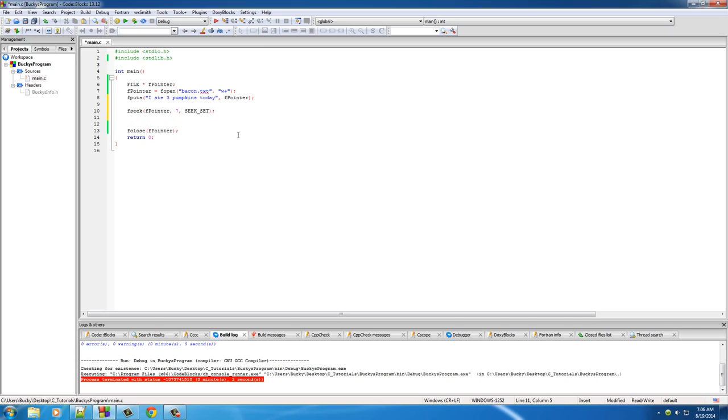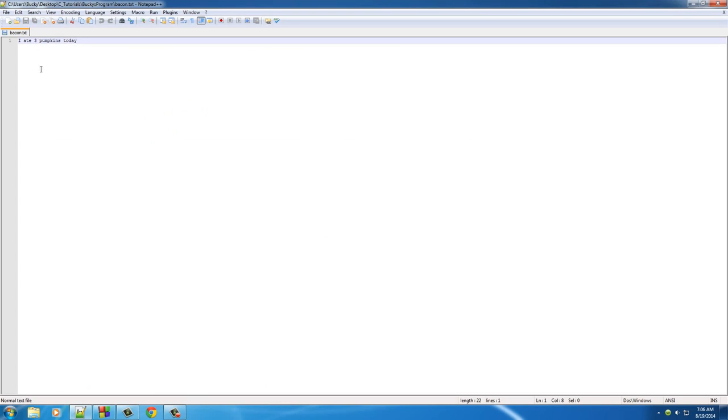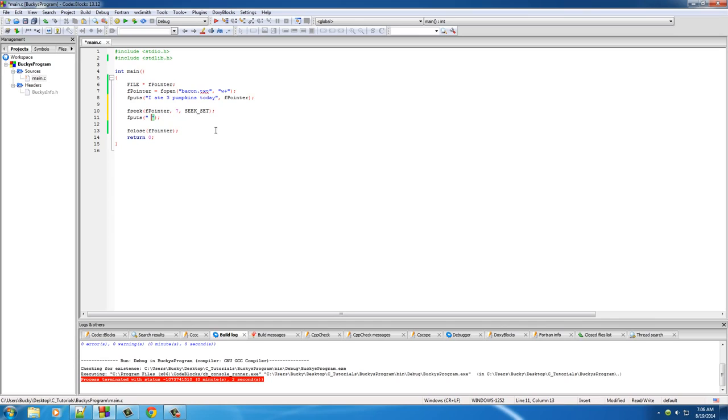So now if we just do something like fputs, we can fix this. And remember, since we are butted up against the 3 right now, we need to add a space in our string first, or else it'll appear bunched together. Munchkins on Friday. So it wasn't pumpkins I ate today, I actually ate munchkins on Friday. My apologies. So fputs, of course we need to do that, and the file pointer so it knows to move it. And whenever we run this,